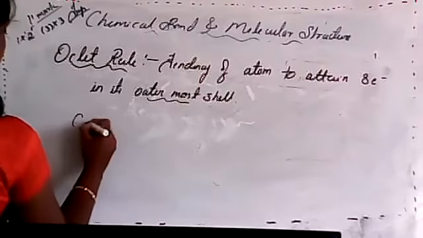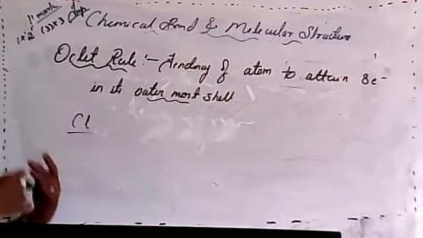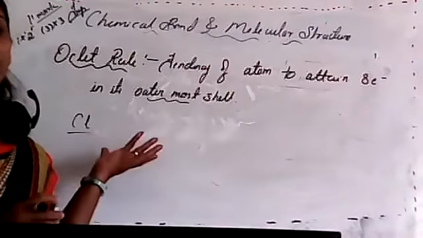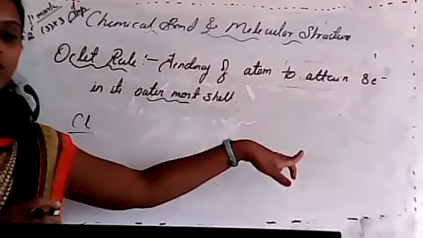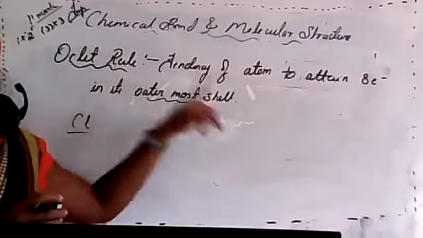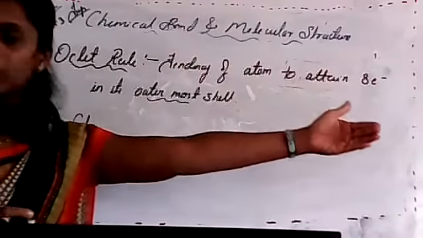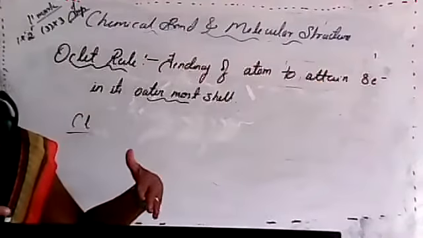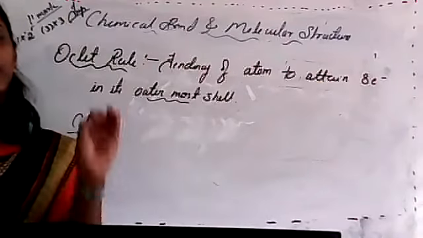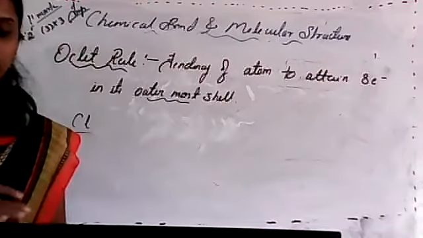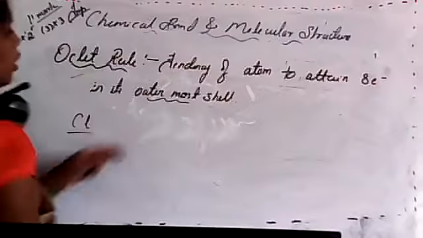If I consider chlorine, there is a 2s2 2p6 arrangement, isn't it? But it is not about that. It needs to attain the octet, or 8 electrons, in the final shell, that is the last shell. Clear? So that is the difference. To achieve 8 electrons in the last shell, this is nothing but the octet rule, very important.